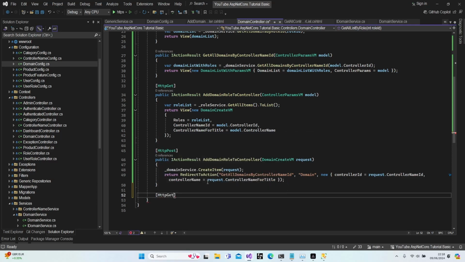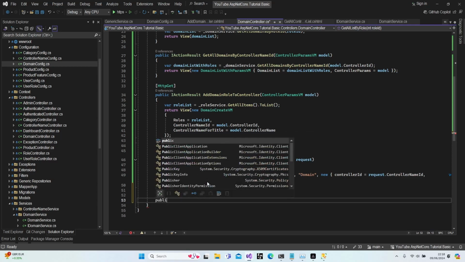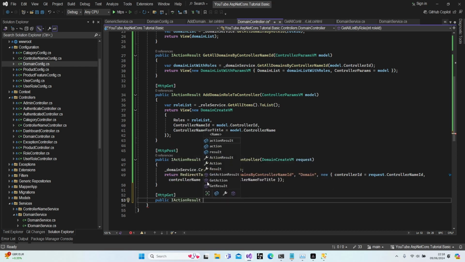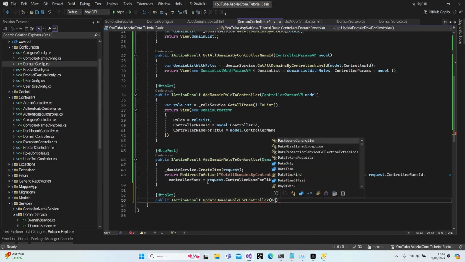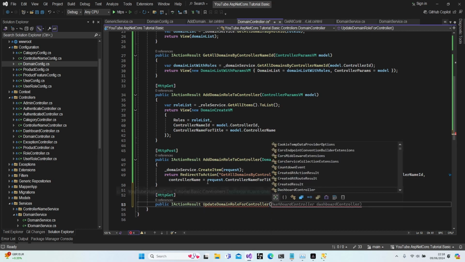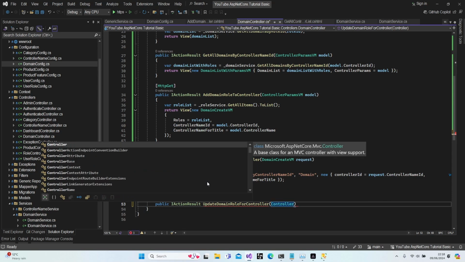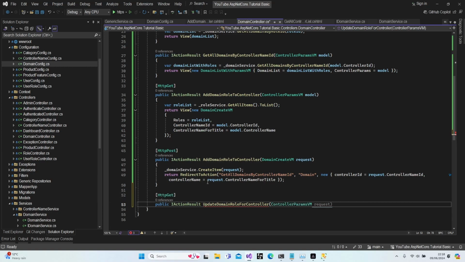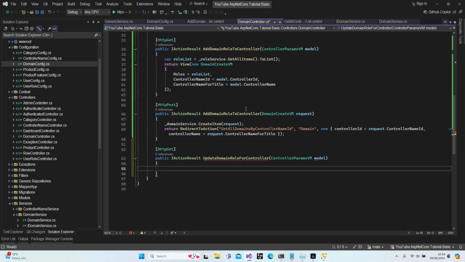HTTP get, public IActionResult UpdateDomainRoleForControllers. Domain update. Actually, I need the parameters again. Controller params vmodel. And this is model. Alright, so